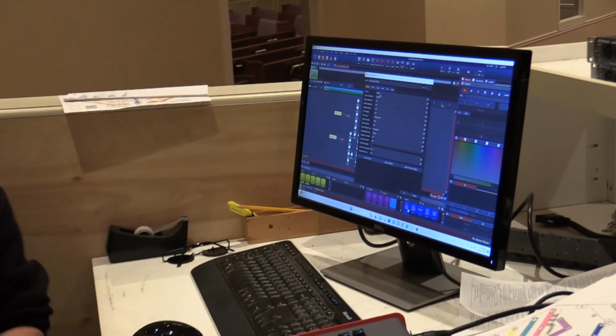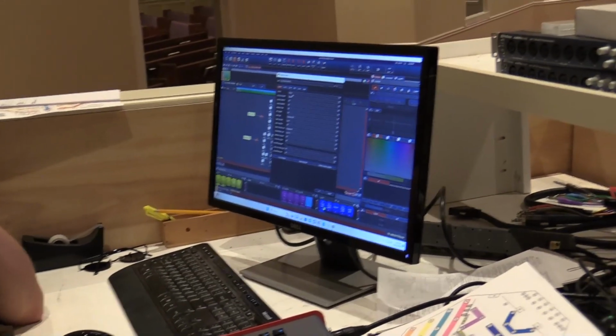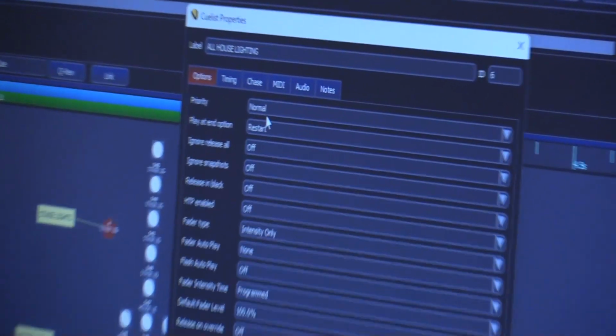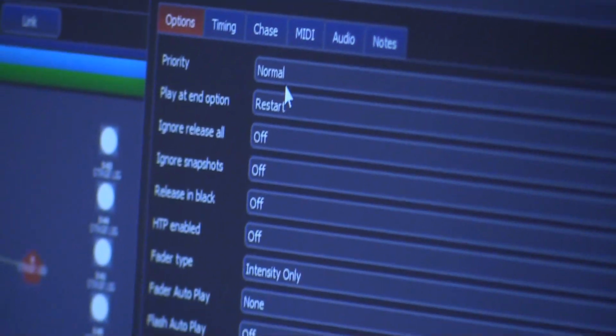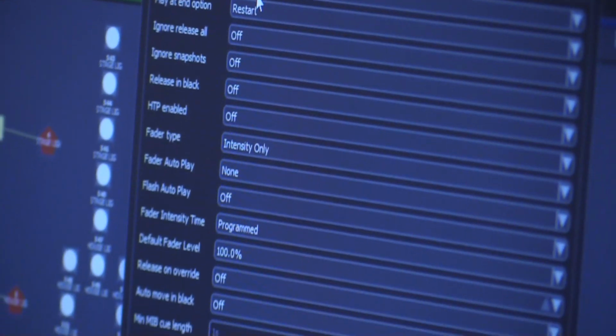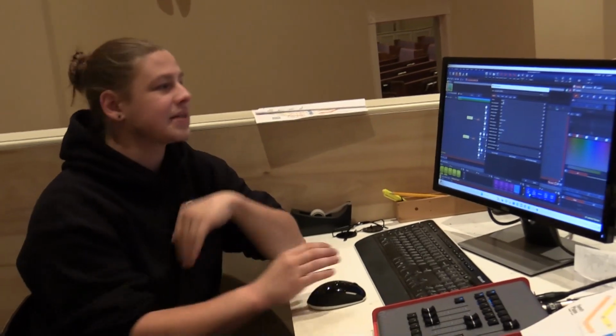You've got it set to priority. The priorities are essentially that stacking that we were talking about. The priorities essentially move it to the top of the stack, and anything below it can't change it at all. And you set it left or right. Yeah, you can set it left to right or right to left. You can set it wherever you want to put it. But priorities are essentially just moving it to the top of the stack or bottom of the stack, depending on